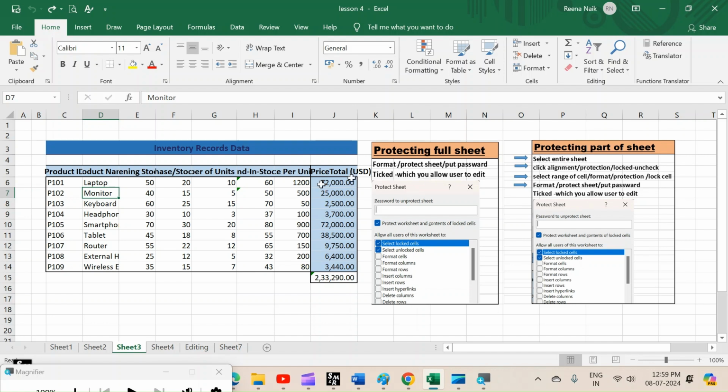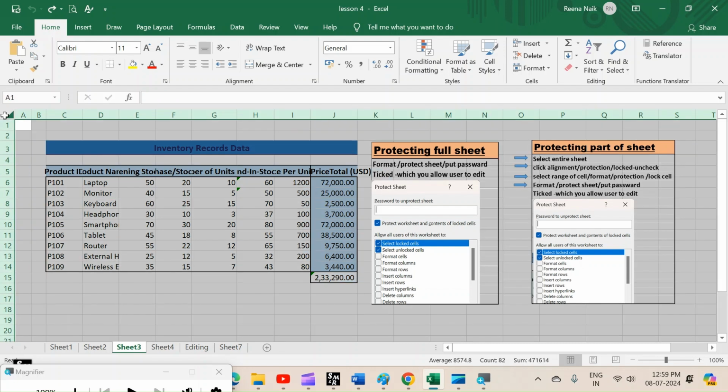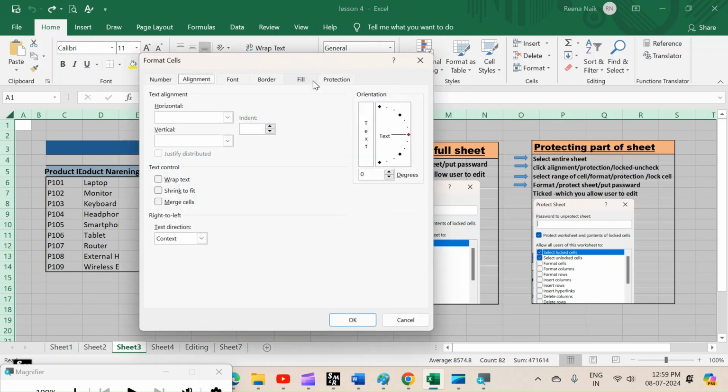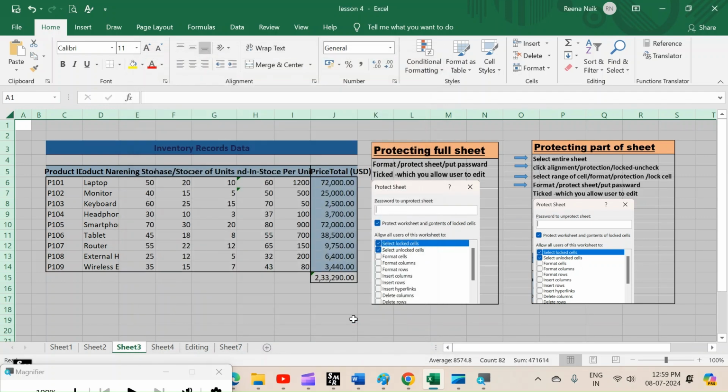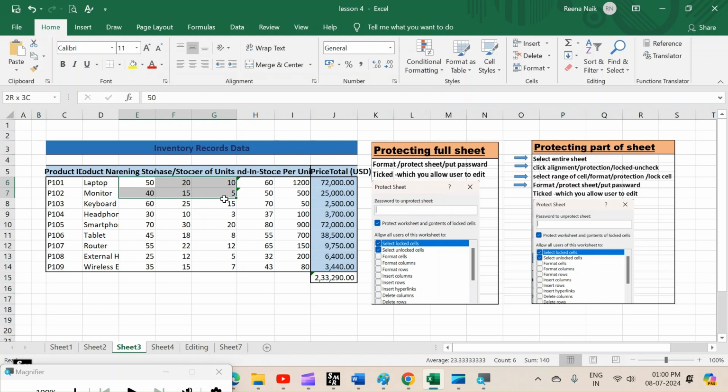First step is select the entire sheet. Click on alignment. Click on the protection. If the cell is locked like this, then you have to uncheck it, and click okay. Then select the range of the cell, then go to the format.